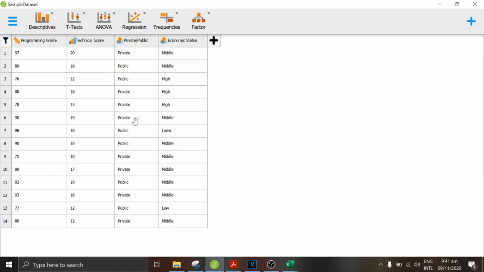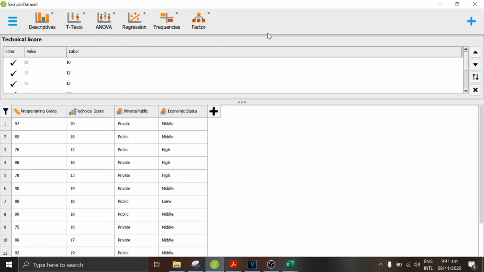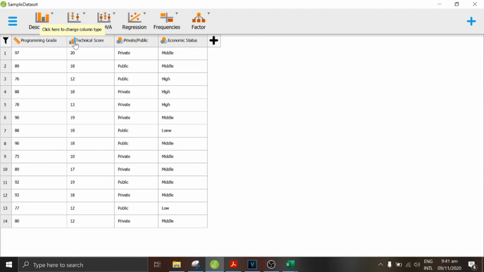So if you want to change a specific variable into a different type of data or variable, you can simply click the icon to change the variable type. Okay, so for now, let's not change it because JASP correctly identified the data type.